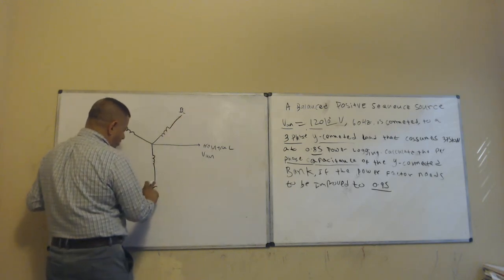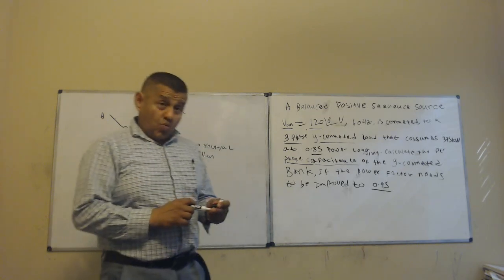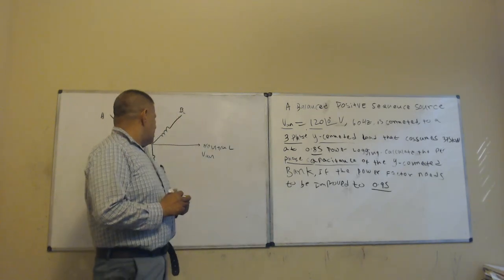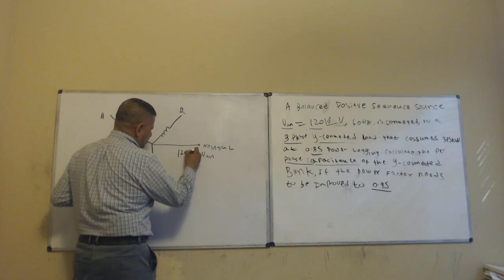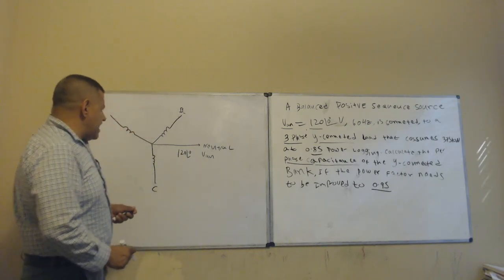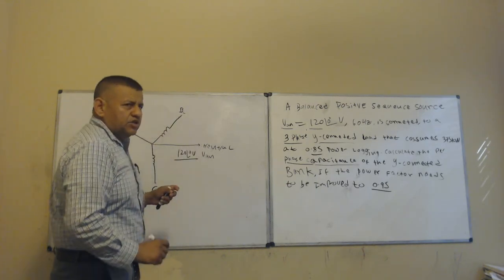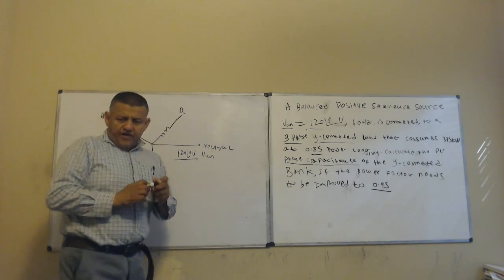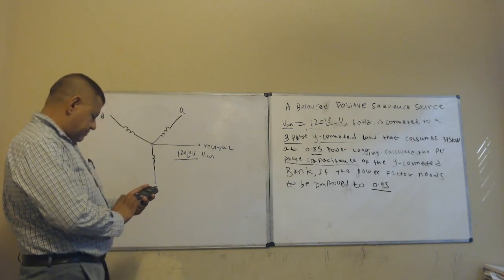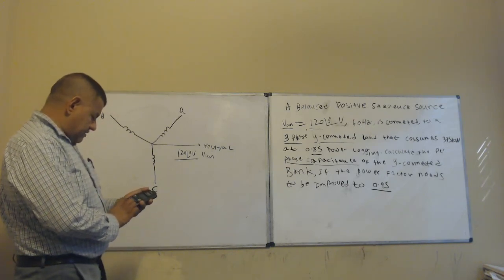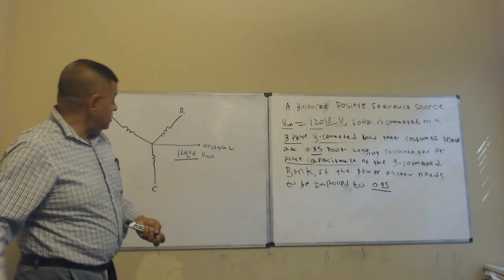So first of all, let's figure out which one it is. If it is a three-phase, what do we need to do? They're telling us that this one right here is 120 volts at angle zero. If this is 120 volts at angle zero, that means I have to multiply by the square root of 3. If I take 120 times 1.732, it's actually